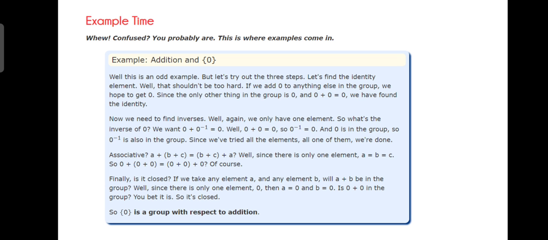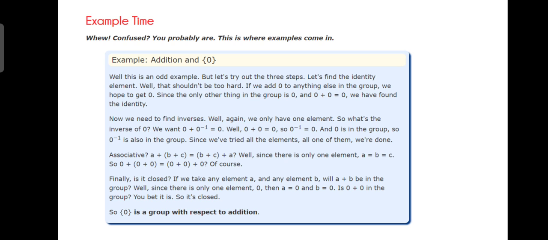Now since we know the definition of what is a group, next step is to solve some examples. Since through examples we get more clarity, we don't get confusion. Let's start. First example is of {0} and our binary operation is addition. It's a very trivial example in which we have just taken one element in our set, which is 0. We need to show all these four properties to show that it is a group.